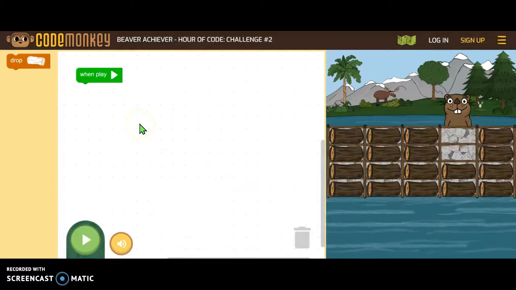I think that is all you need to know to do Code Monkey Beaver Achiever. So to get started, scroll down below and click on the button that looks